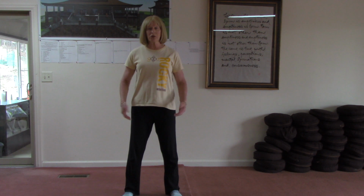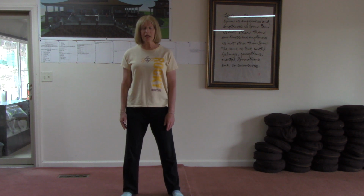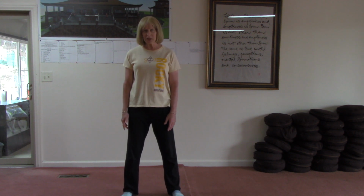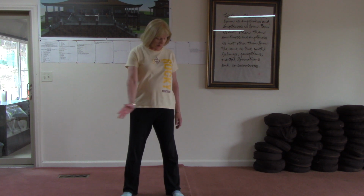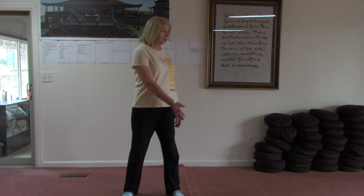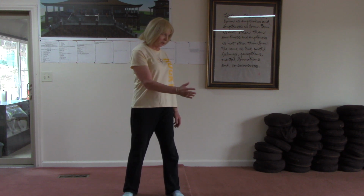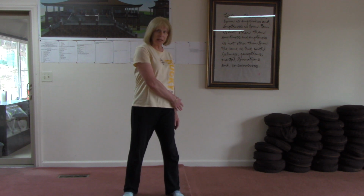And so that centers you for starting the practice, and now your legs are a little wider apart to do the movement. So very simply with single whip, with your right hand, as you pivot to your left, you bring your right hand to your left hip. And once it's there,